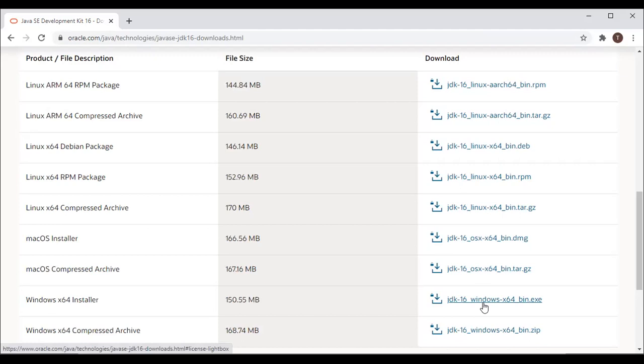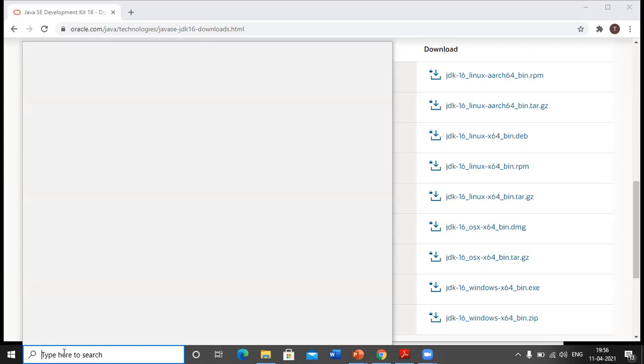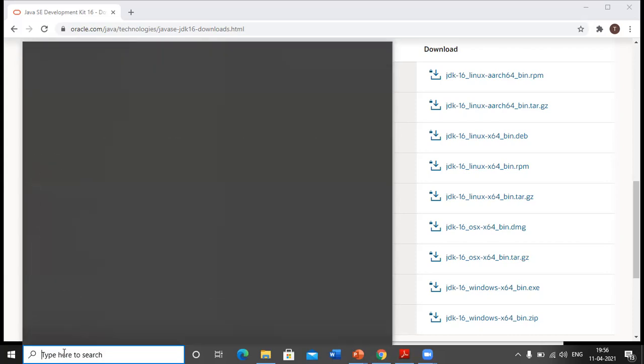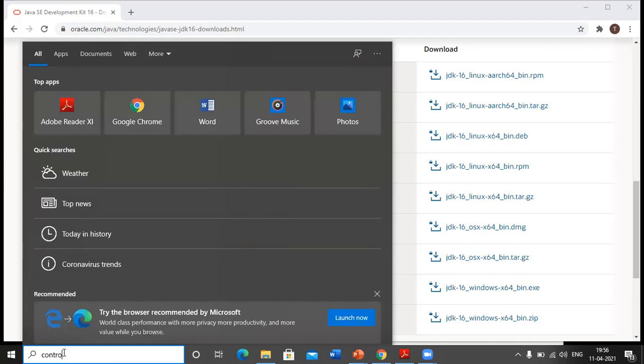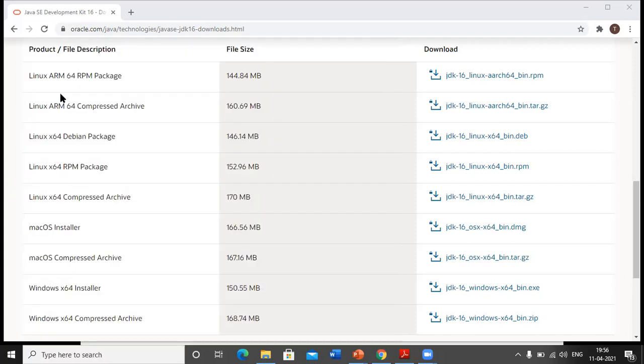The next thing I will be teaching you is how to set up Java environment variables. For that, I am going to go to the control panel. Just go to your control panel and open it.